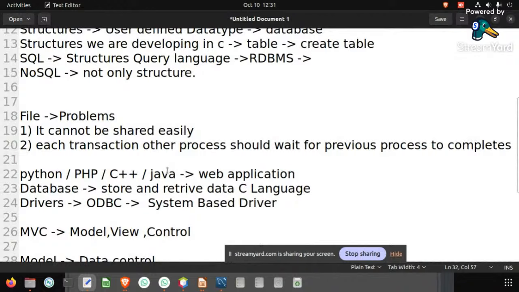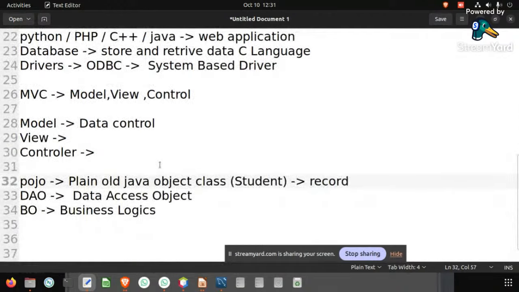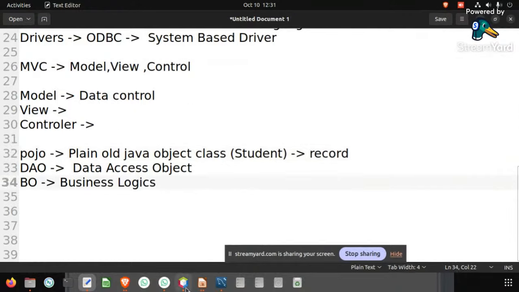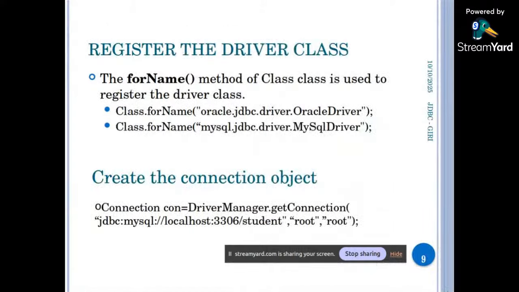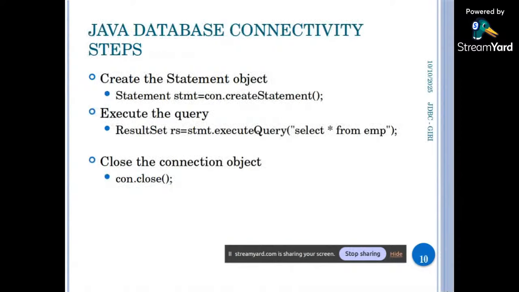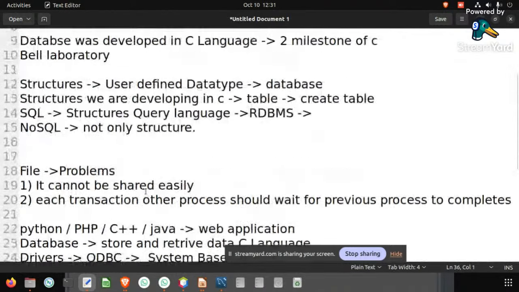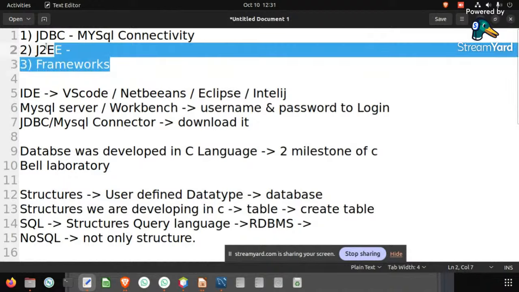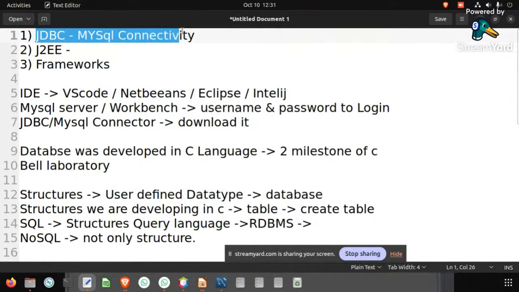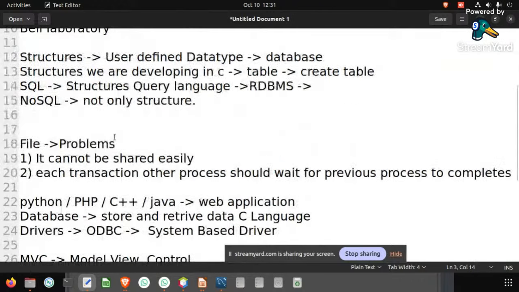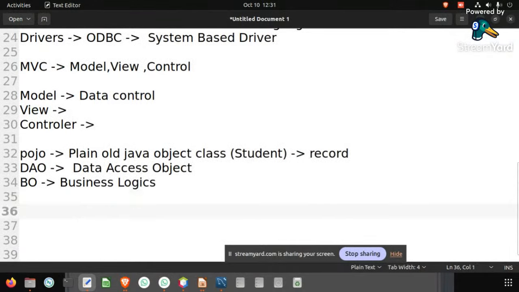I just want to give an introduction about these things. Just try this out. After this, we have a batch operation. So this was just for creating a connection, creating a statement, executing a query, and executing an update. After this, we have batch processing, which we can also see. But before that, I want to give an introduction about these things. Right now, this JDBC MySQL connectivity is done. Now we can go for J2EE frameworks and other frameworks. Okay. So first,